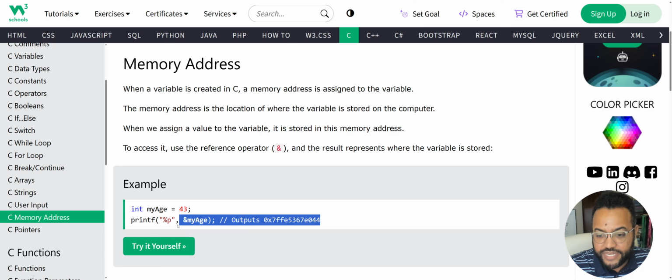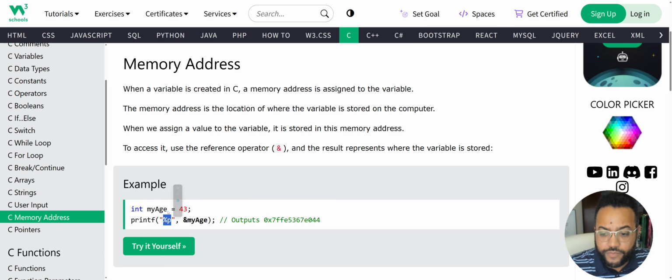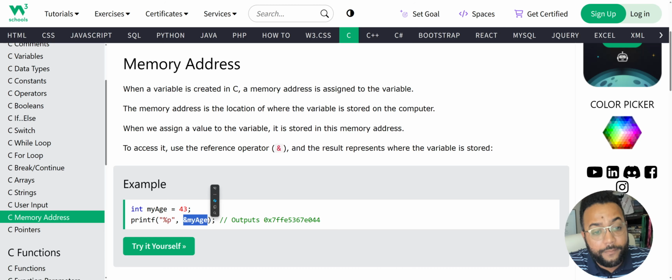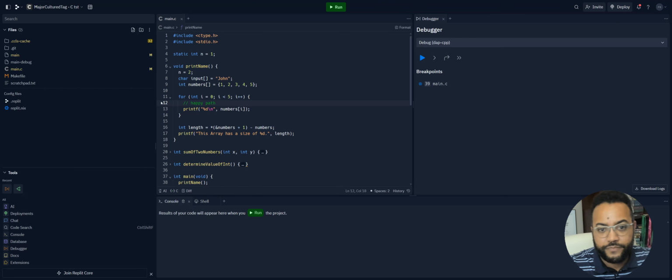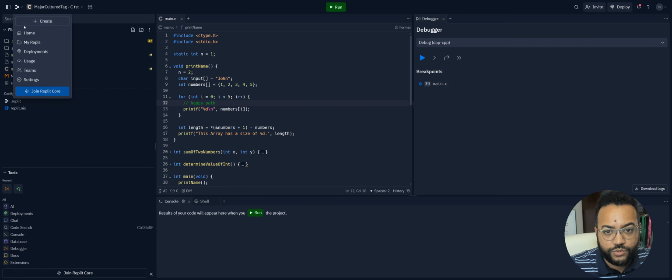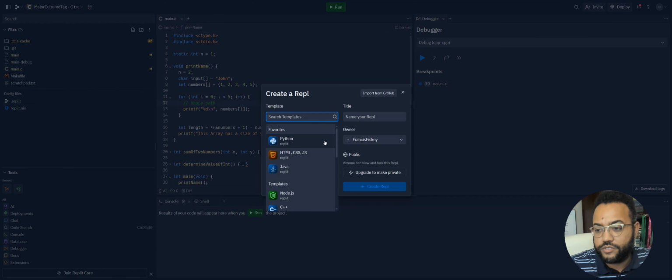But look at what's happening down here. We're printing, well, I want to print %p, right? This is a form of int, I guess. Format specifier for int, for memory location. And I'm saying I want you to dump out the memory location via the reference operator of ampersand of this specific variable. So if I port it over to my C program, which I actually want to create,